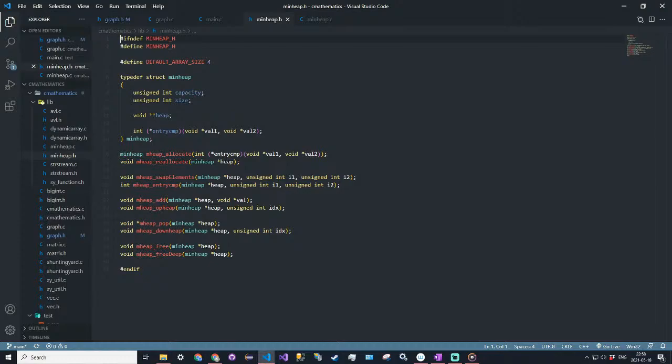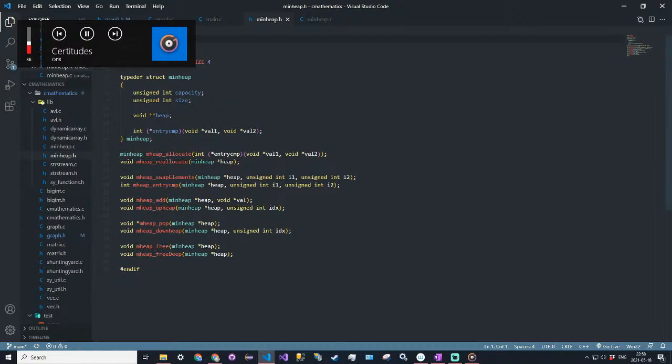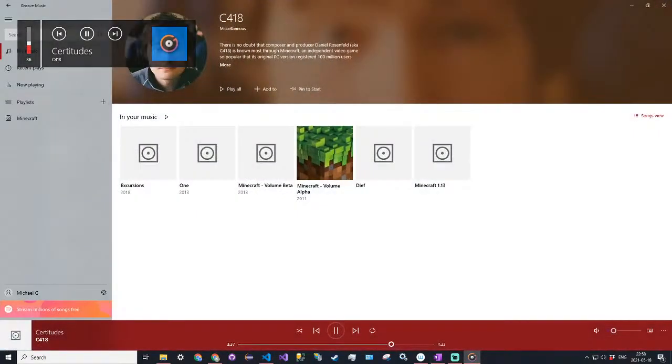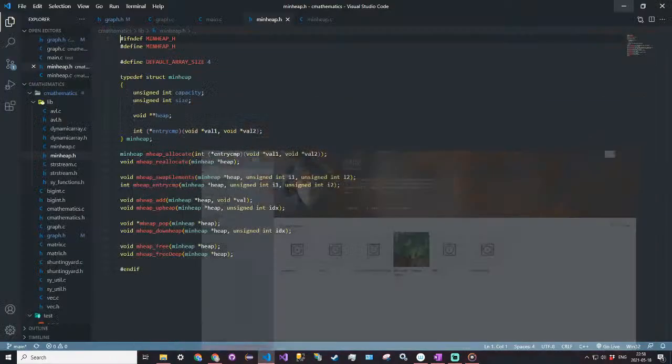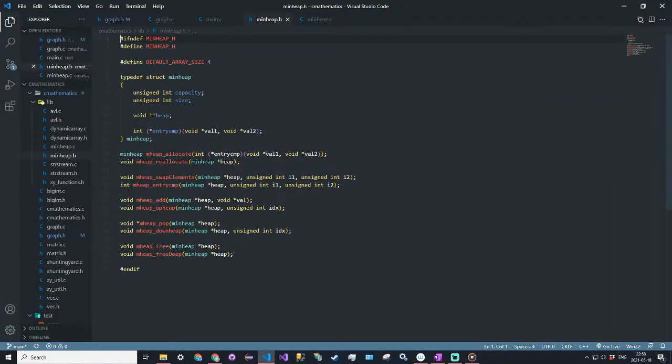Now, the reason why we need to modify the minimum heap code is because, let me just turn this music down a bit. I bet it's extremely loud. So the reason why we need to touch the code in minimum heap is when we set the keys, or when we change the keys, we want to call upheap. However, upheap looks for an index. So if upheap looks for an index and we don't necessarily know what the index of the node in the heap is,